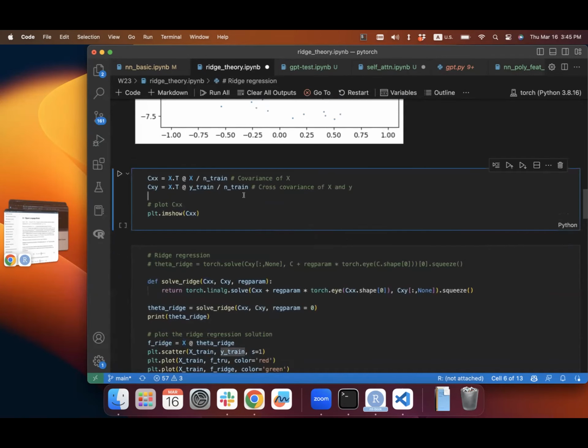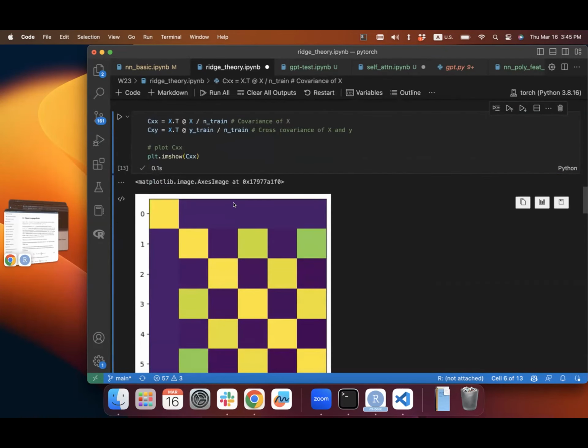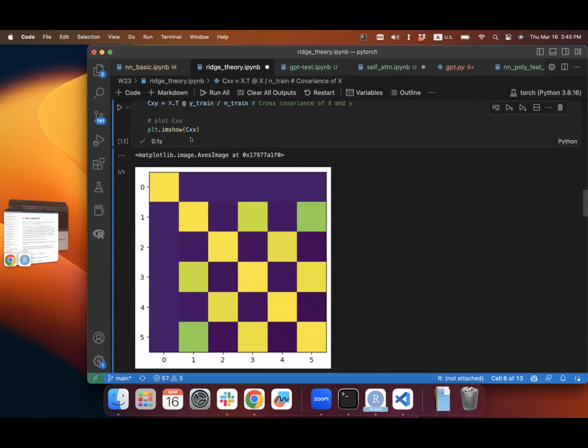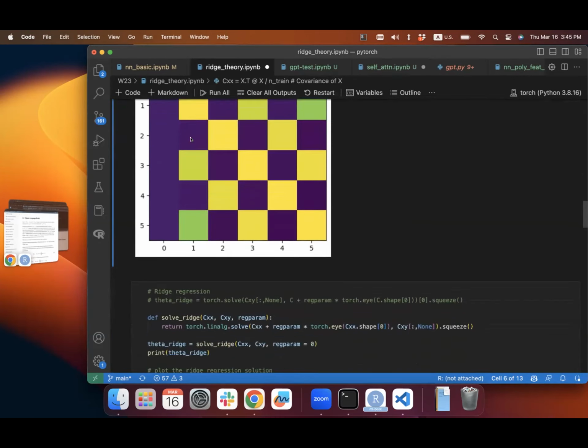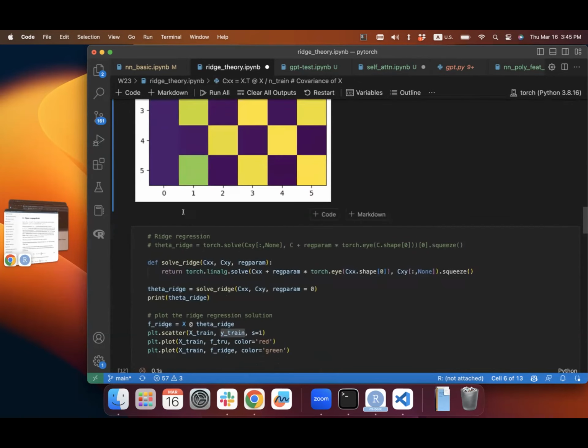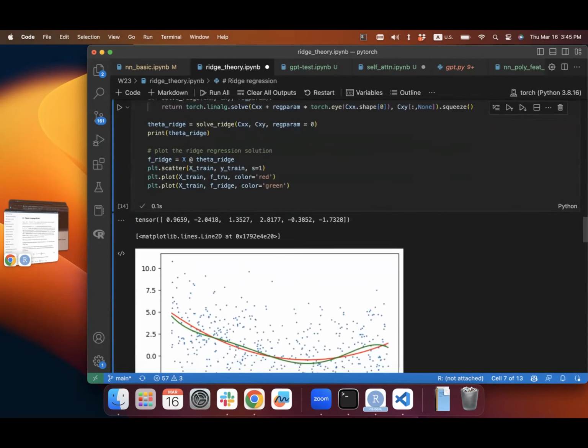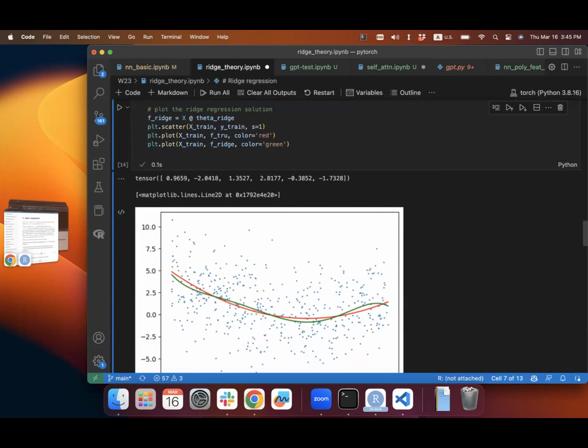Okay, so I have to define this. Oh, and I also plot the CX, this is the sample covariance matrix. So you can see it has this nice checkerboard, these are the polynomial features. And the green one is the fitted ridge regression with degree 5 polynomials. You can see there's a bit of wiggles because it can fit more than degree 3, but